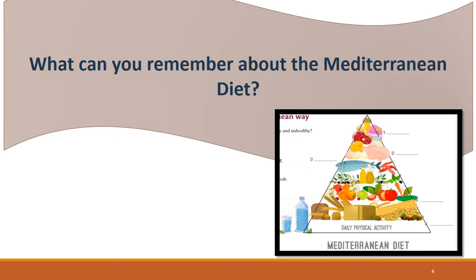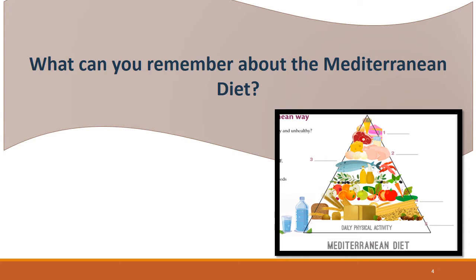Let me show you a picture to help you to remember. Yes, it's like a pyramid. This pyramid includes many types of food groups that you have to eat daily. For example, you have to start from the bottom. This is the most important thing in this pyramid: daily physical activity, which is doing exercises, and then you have to eat carbohydrates like pasta, bread,